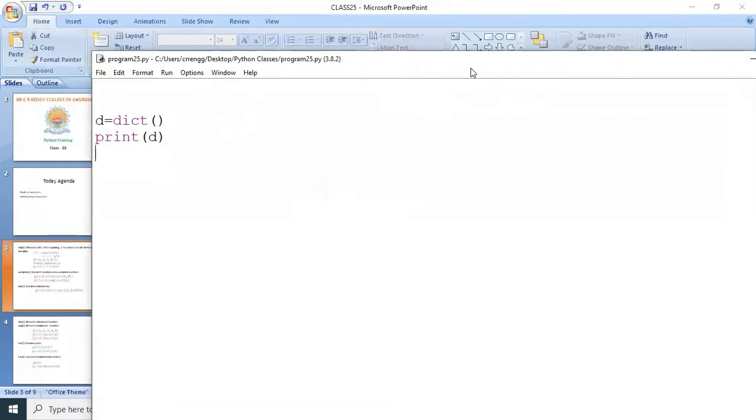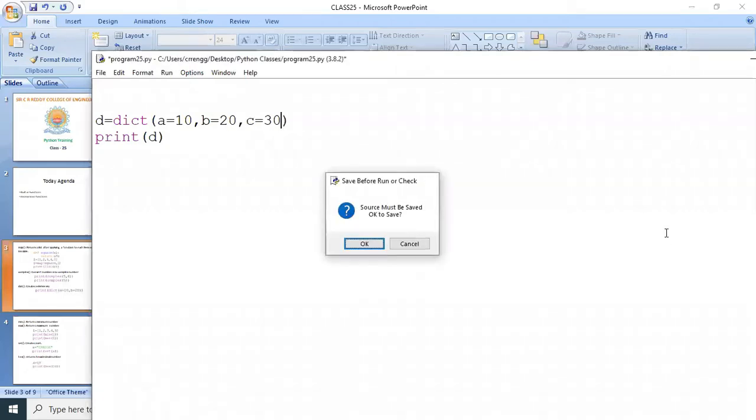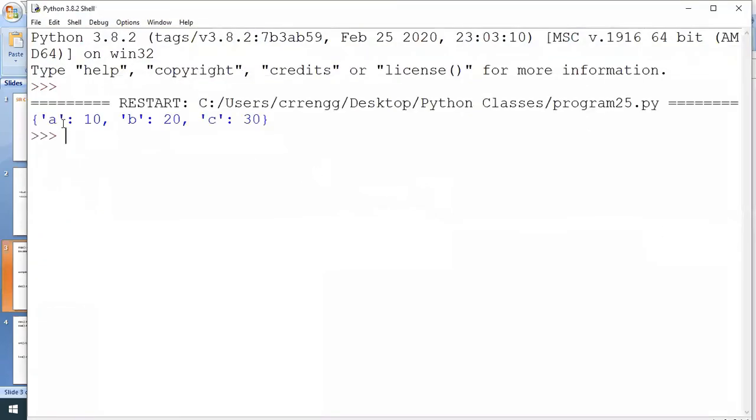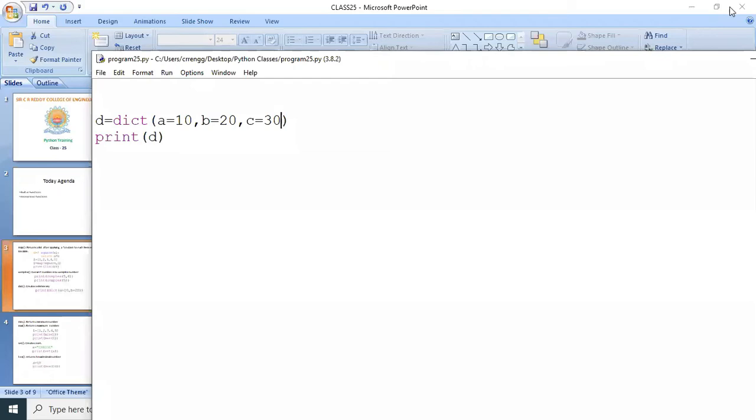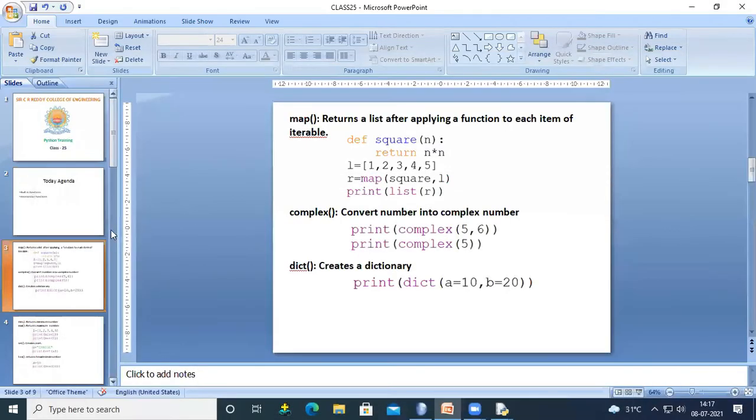Now, if I give arguments like this, dictionary of A equals 10, comma B equals 20, comma C equals 30, and execute, the A, B, C are the keys and 10, 20, 30 are the values. So what is the purpose of the dictionary function? This function is used to create a dictionary.